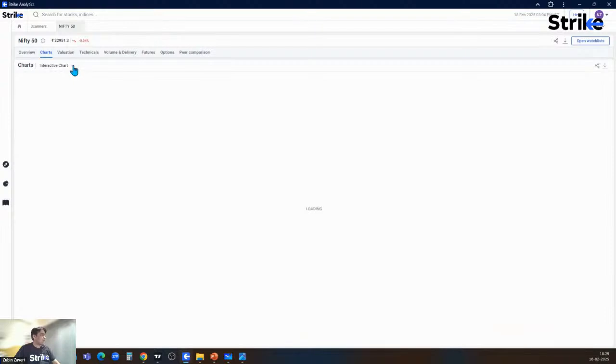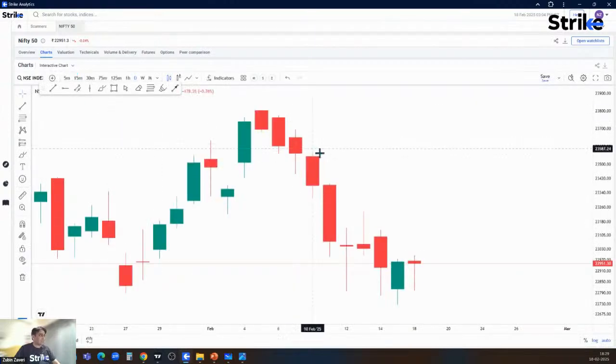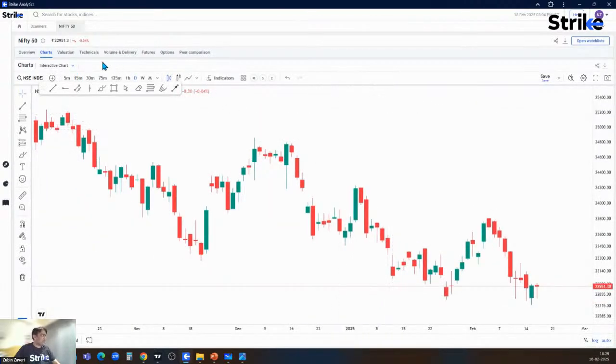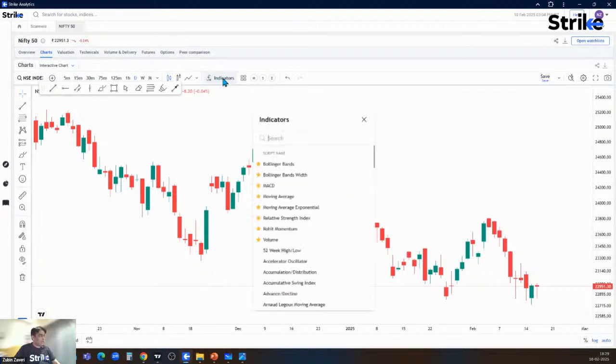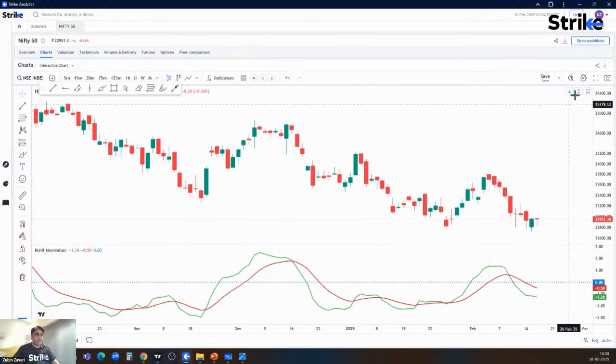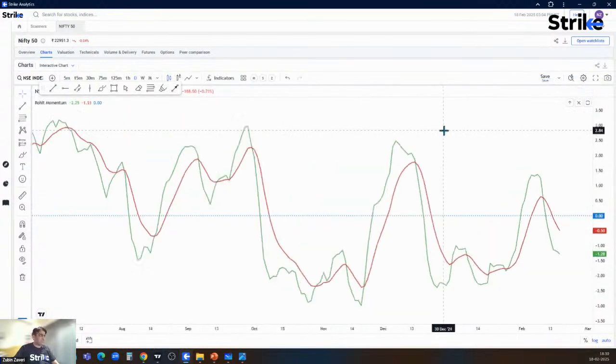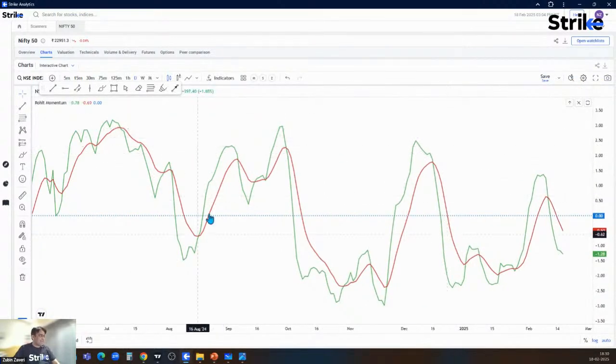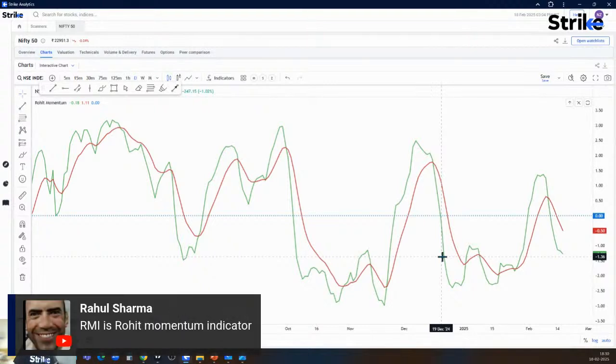All right. So this is an interactive chart of Nifty. You can go to indicators and say Rohit momentum. That is RMI. All right. Now I'll just collapse this. So you can see the green line over here. The green line is nothing but the RMI line. This indicator works like MACD, but it gives a better and a faster